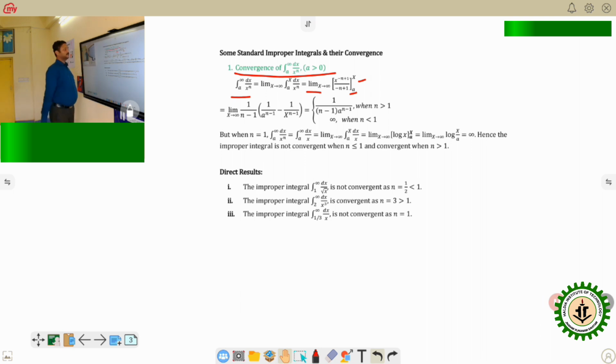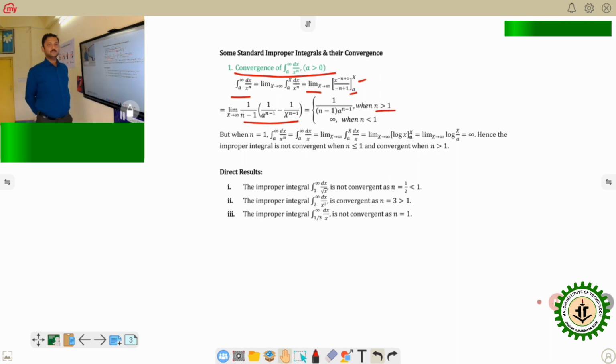Next, put the limit. After putting the limit, we get limit X goes to infinity of 1 by n minus 1, whole into 1 by a to the power n minus 1 minus 1 by capital X to the power n minus 1. Now here two cases arise, basically three cases arise: n is greater than 1, or n is less than 1, or the third case, n is equal to 1. Now when n is greater than 1,